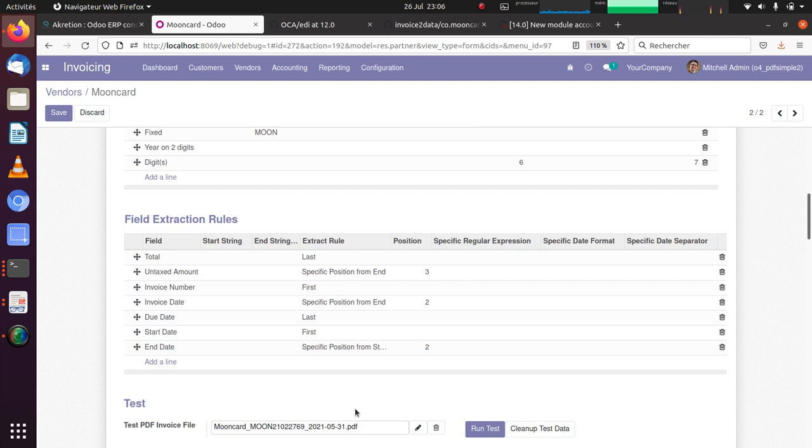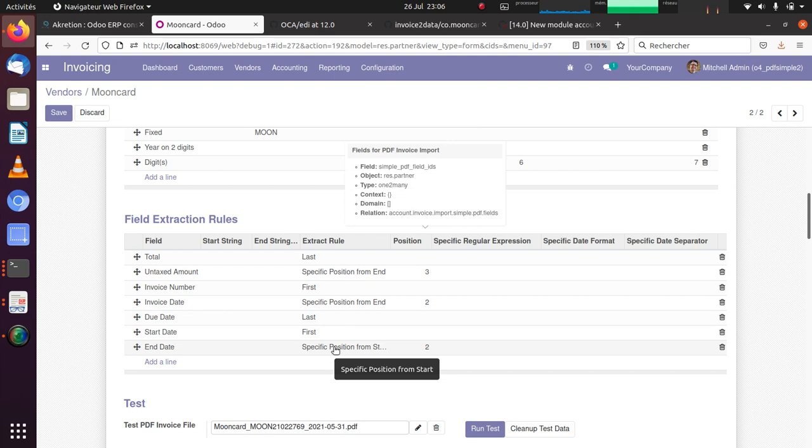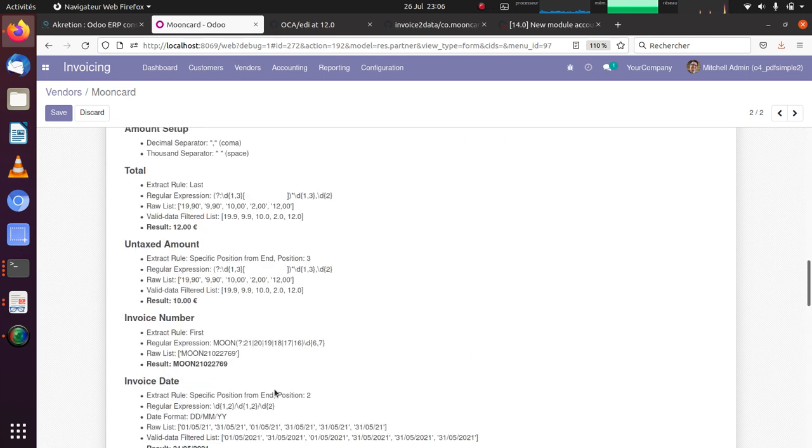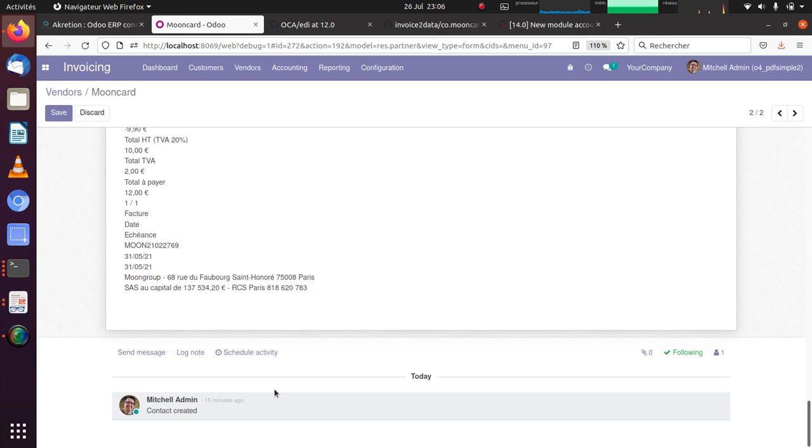Something I wanted to show you is that here we've set the rules and we apply them on the whole raw text extraction. But in some cases, you may want the rule to apply only on a subset of the text extraction.